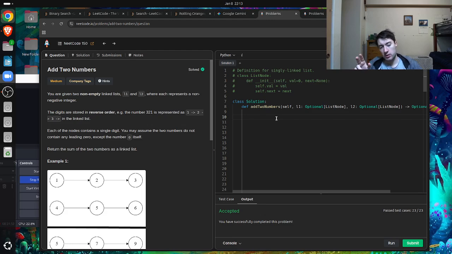So, what do I want to do? I want to essentially do it in place, right? So, dummy is equal to list node. Yes, it is. Okay. Current is equal to dummy. Now I can just do it from L1 and L2. So I'm going to say while